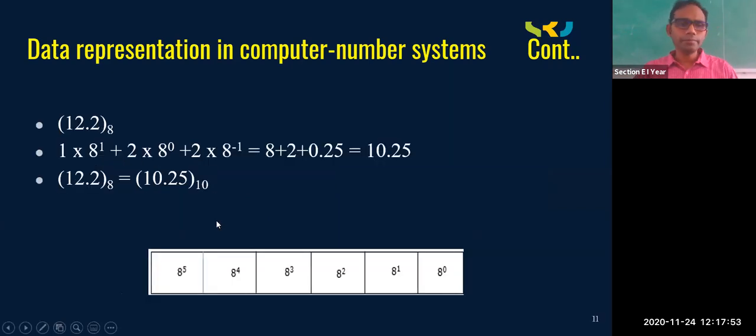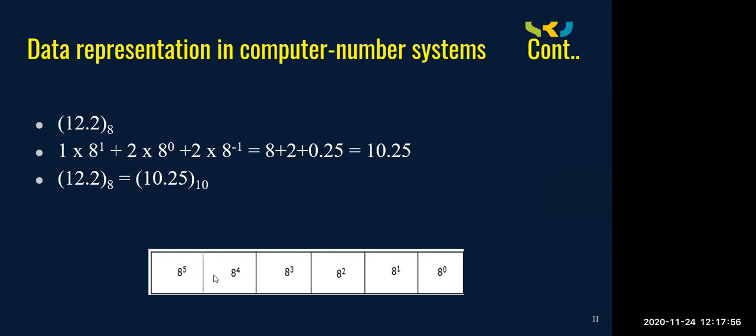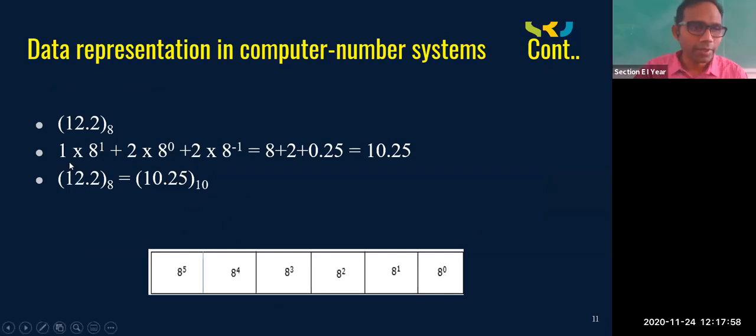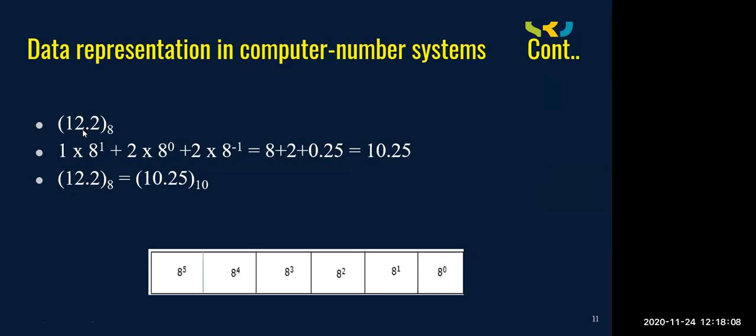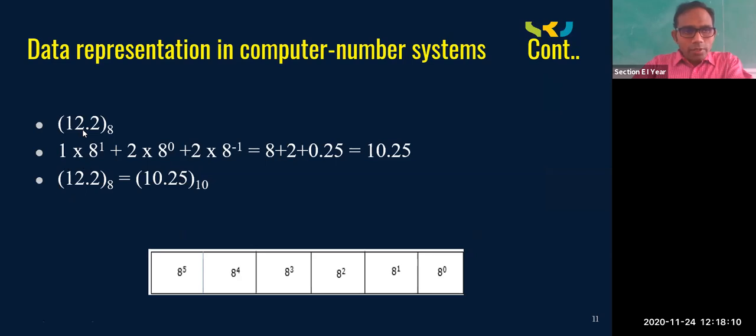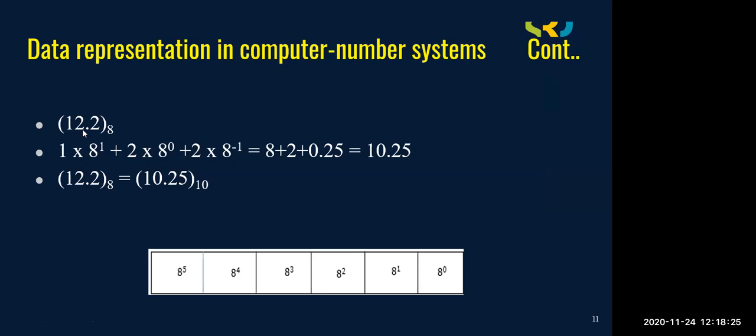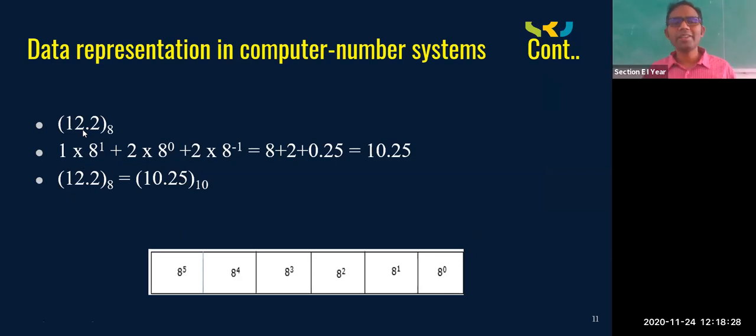Now coming to octal to decimal conversion. Same thing, you have to handle the number 12 before the dot and 2 after the dot separately. So this part is different, this part is different. So 8 to the power of 0 into the first digit, 8 to the power of 1 into the tenth digit. 1 will be copied here, 2 will be copied here. Then coming to here, 8 to the power of minus 1. So 12.2 becomes 10.25. Okay, straightforward process.